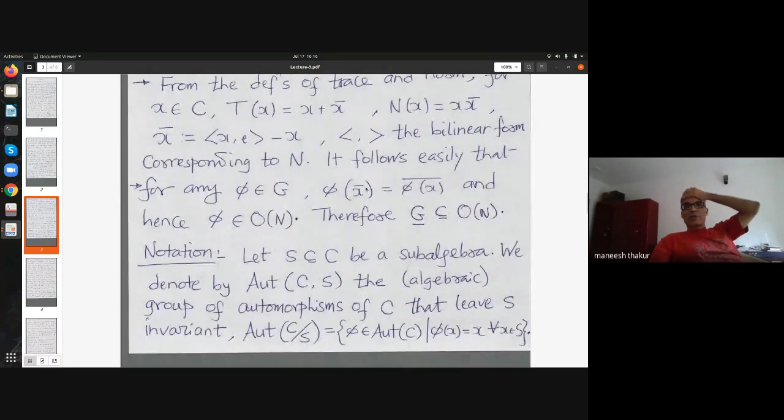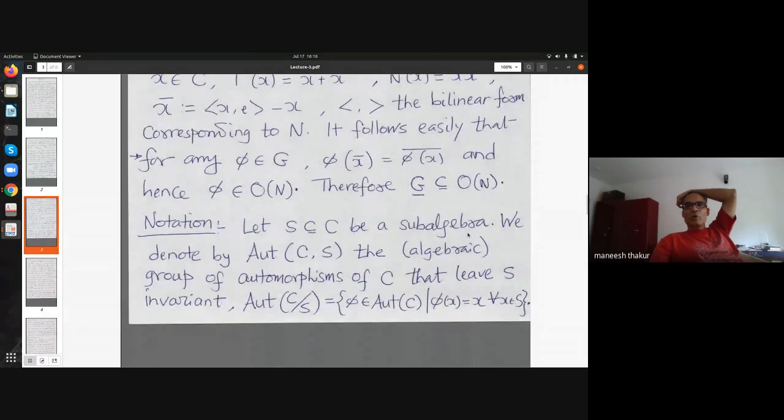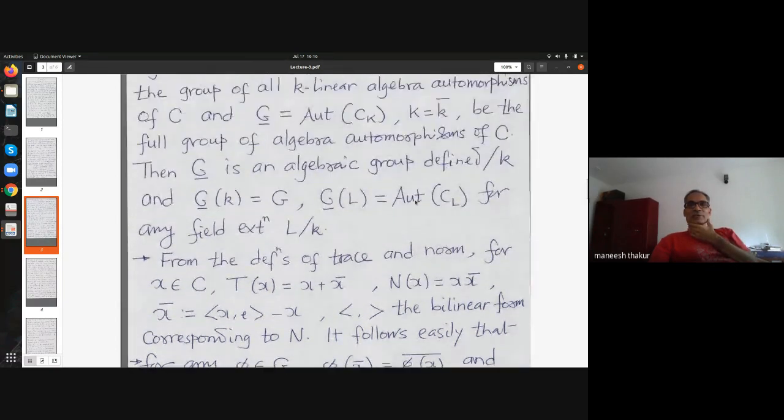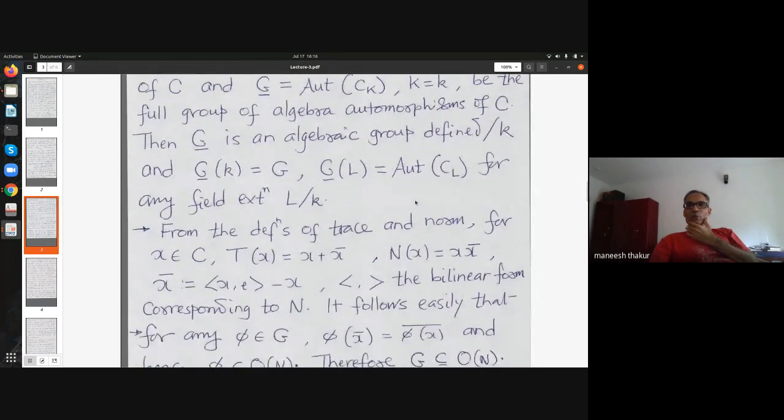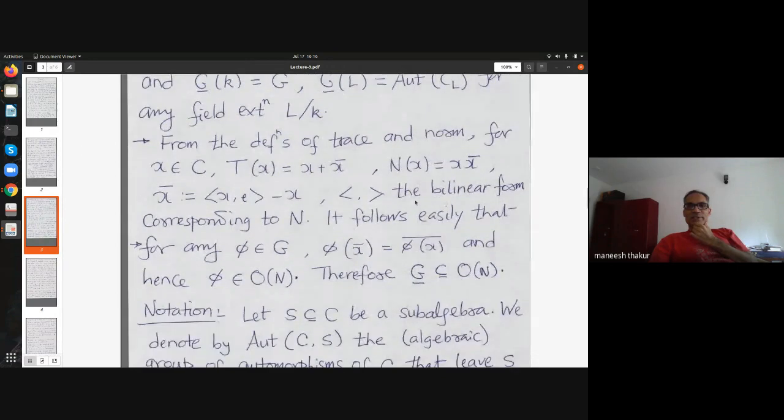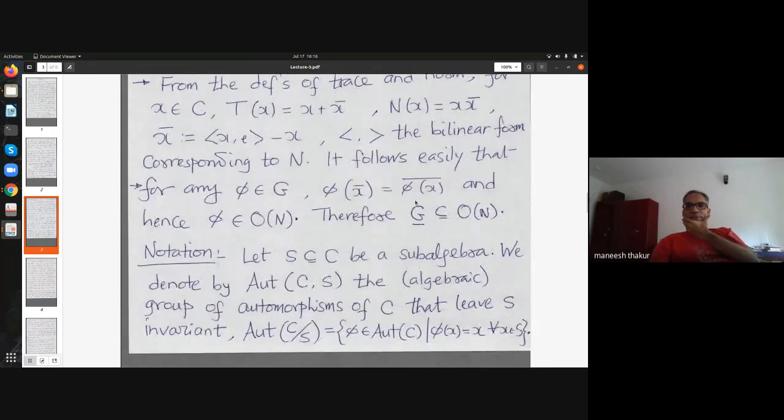So with this argument, one can easily come to the conclusion that G bar is a subgroup of the orthogonal group of N. Right now, remember, we don't know any more properties of this. We don't know if this is even connected, but we will prove that one by one. So any questions so far? I've just gone this much. Please slow me down if you feel I'm going too fast. As somebody said, I went a bit too fast in the last lecture.